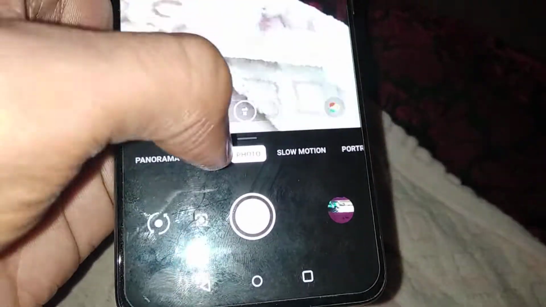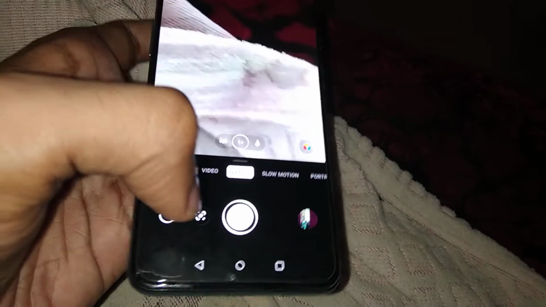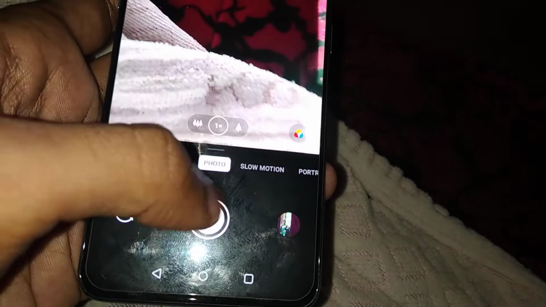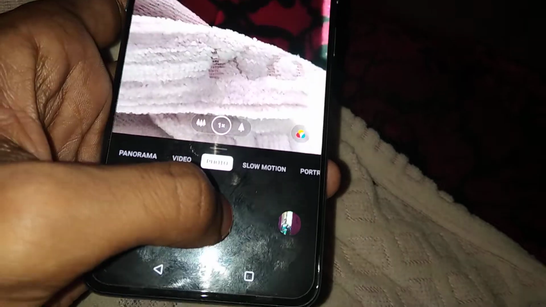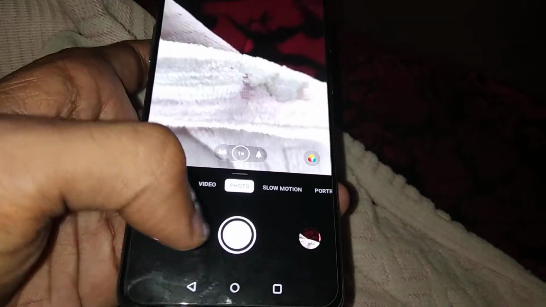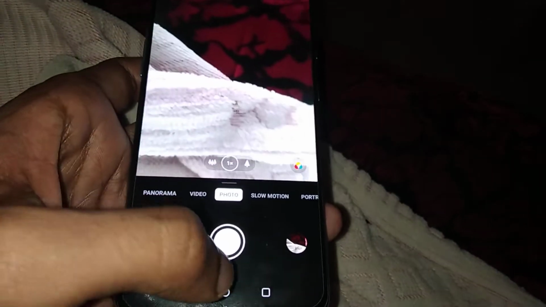And you may not have noticed one thing: if you are in this photo mode, and this is the button that you normally press. Suppose you are using a OnePlus Nord, if you click this button one time, then you can see that the photo comes here. But if you hold this button for a few seconds, then the video recording will start,